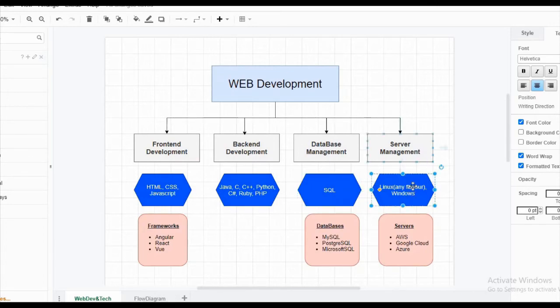Okay, on the server management side, why do we require server management? Server management comes in once an application is developed, so you need to deploy it somewhere, right? It should be visible to the public, it should be hosted somewhere. For hosting it somewhere, we need to take a server. So we can take a server from either AWS, Google Cloud or Azure, and there are many hosting websites. The server could be either a Linux server or a Windows server. A server is nothing but someone else's computer. So we are hosting our website on someone else's computer, which is a very high-end machine.